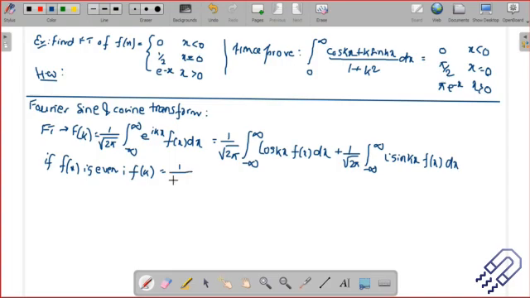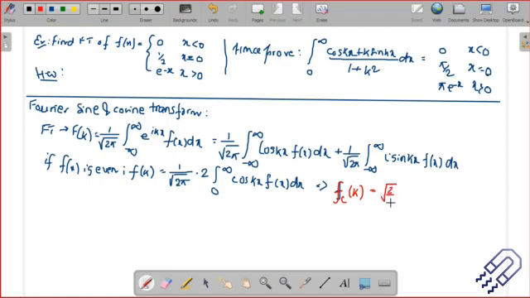is equal to 1 divided by root over 2 pi, and this is an even term because f(x) is also even, I'm saying. So that means I can just take out a 2 here, and then this will be nothing but 0 to infinity cos of kx f(x) dx. This is a Fourier cosine transform. Okay, Fourier cosine transform. Let me write it down separately. Fourier cosine transform is F_C. I'll just put a C there at the bottom just to denote that this is the cosine transform, is equal to